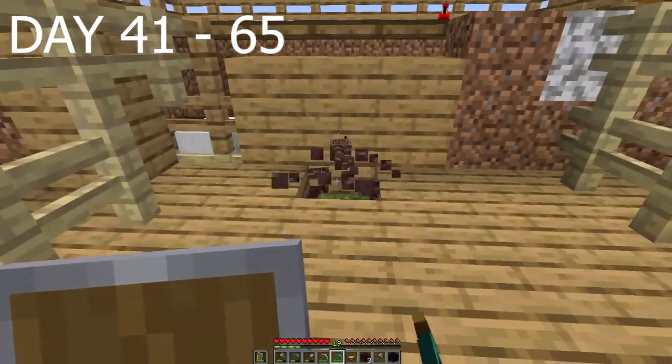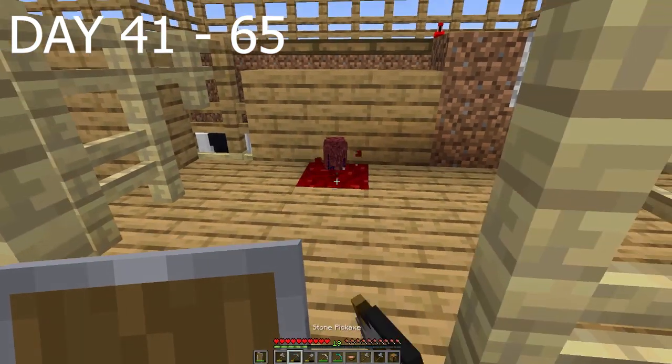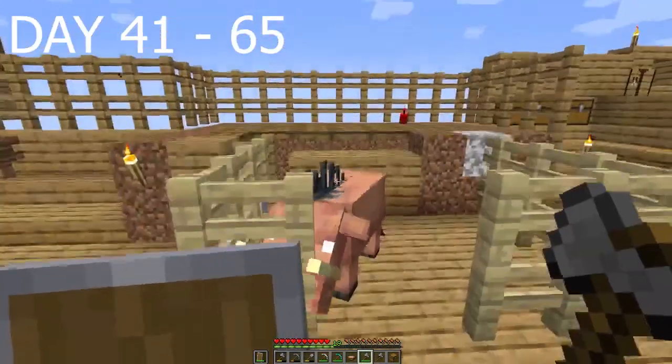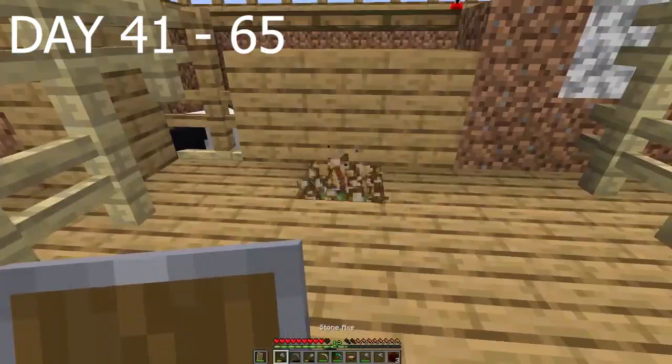So I got some more ancient debris, guys. This was just really good. Got some crying obsidian as well. It was just a whole bunch of blocks I was breaking. After I went through a lot of blocks, this hoglin just spawned. And as I was trying to kill this hoglin, I didn't know this, but this hoglin just changed into a